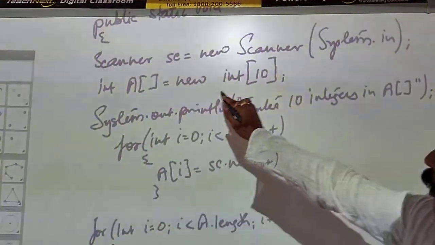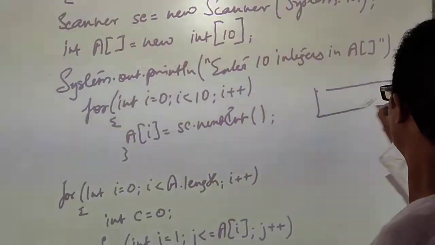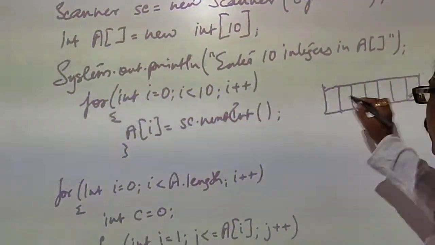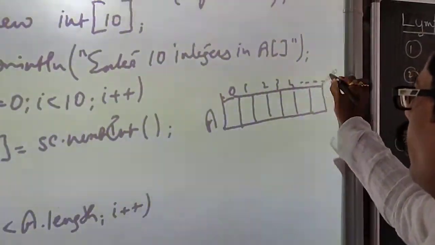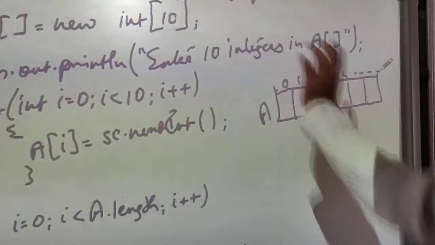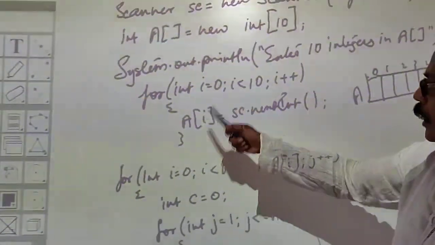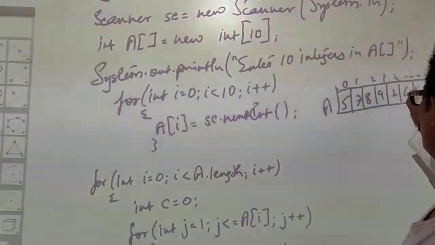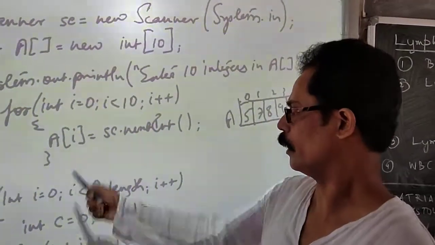So here what happens is, the moment you write this and compile, the control passes to this particular statement, and a box is created with a number of cells. These cells are created with index numbers, going from 0 to 9. And then as we enter values, they get loaded over here: 7, 8, 9, 2, 6, 5. Whatever values you are assigning, they will get assigned in this way.